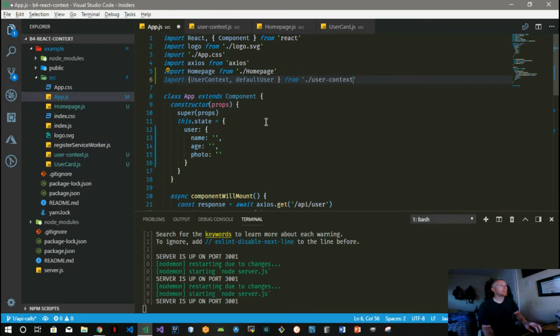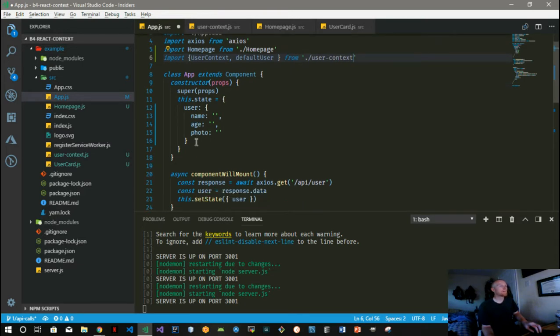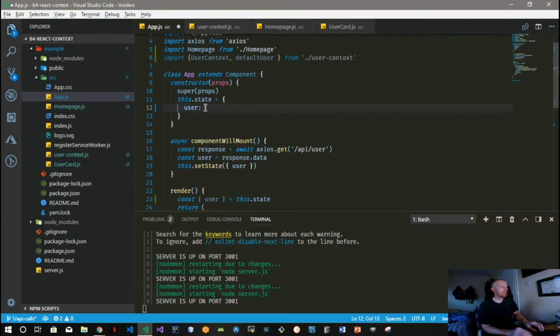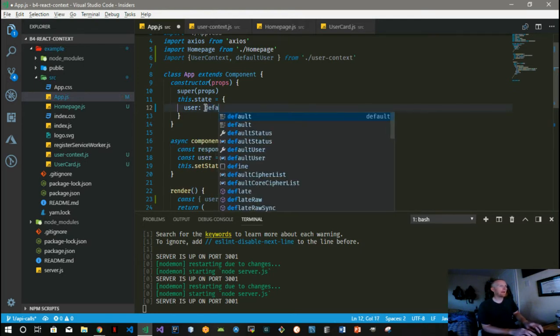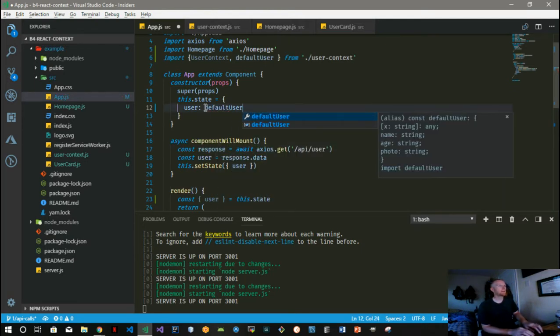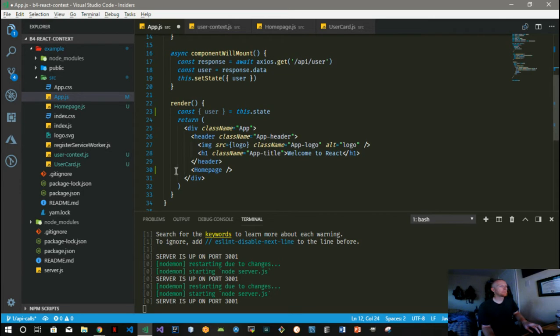Okay. So instead of writing all that out, we can actually write that, save us a little space right there. And what we can do now